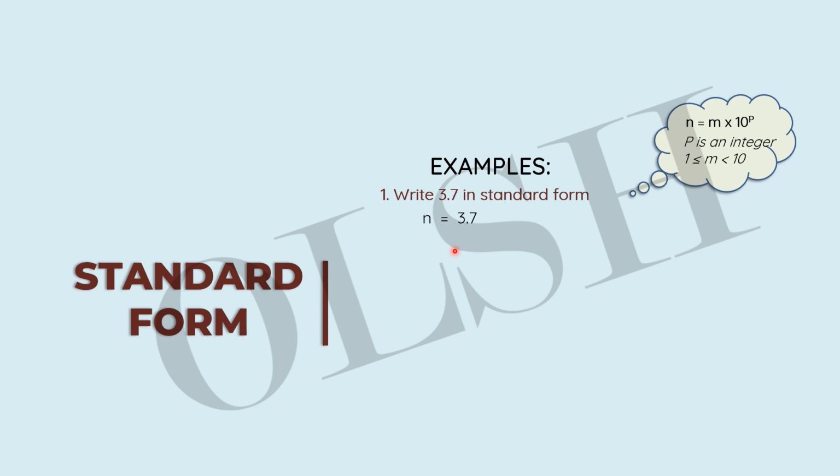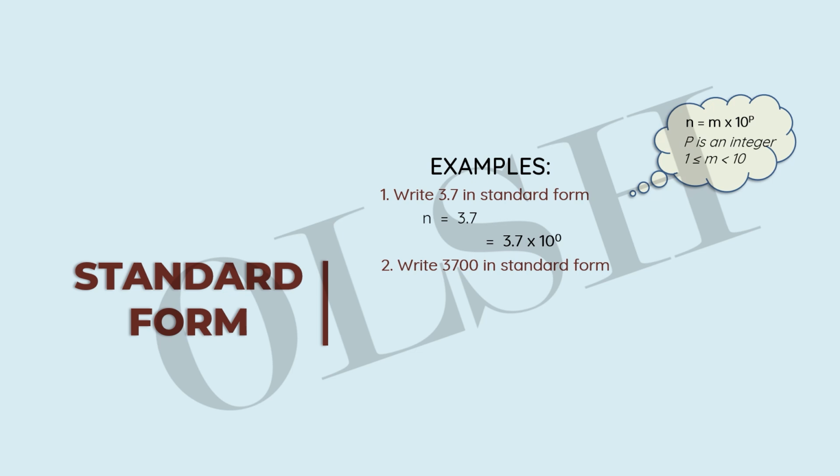What if we join both numbers together to have 37? That will be greater than 10. So you see, the best way we can present this to be in standard form would be leaving it at 3.7, because 3.7 is greater than 1 but less than 10. Okay, so we have our standard form to be 3.7 times 10 raised to the power of 0. Okay, so if we multiply these two together, we're going to still get 3.7. So it's the same number but in standard form. Alright, so the next one we have is